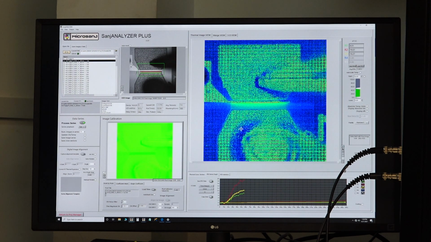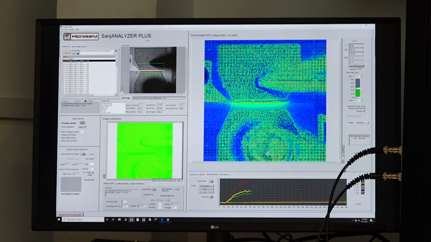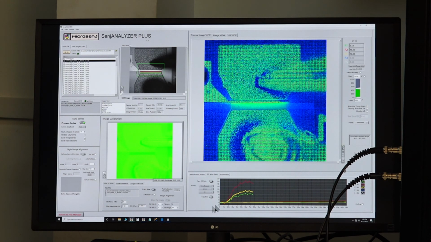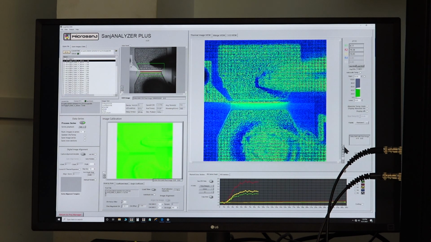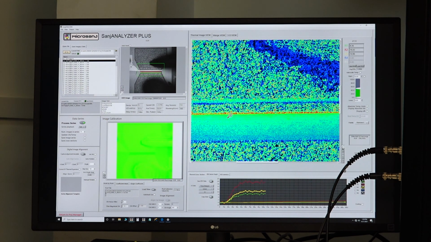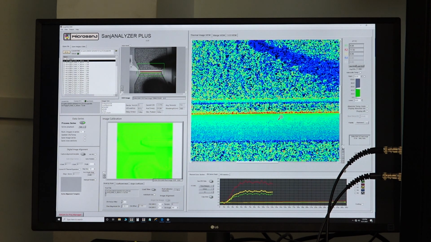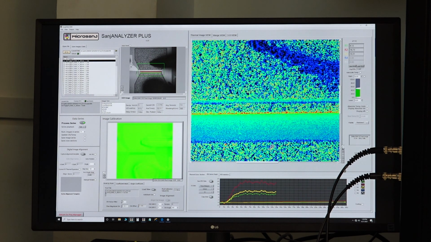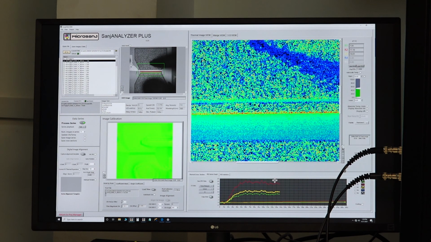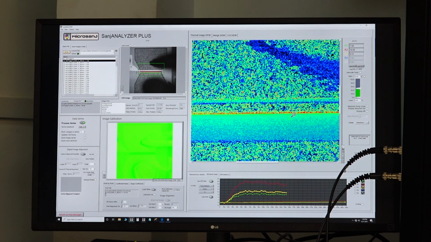So you can see the region 2, which is closest to the gate finger, gets heated up a lot, and that is reflected in this temperature versus time graph. While this goes on, we can quickly zoom in here, and we can see that the edge has heated up significantly as compared to other parts of the transistor. So this feature allows us to monitor transients at multiple spatial locations.